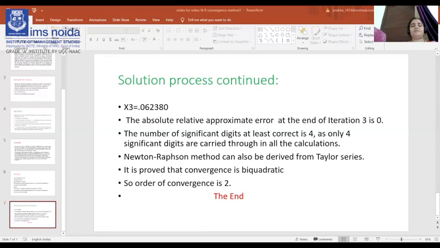The fourth drawback is root jumping. In some cases where the function is oscillating and has a number of roots, one may choose the initial guess close to one root. However, the guess may jump and converge to some other root, like f(x) equals sin x. With x0 you have assumed, it will converge to x equal to 0 instead of x equal to 2 pi. So the value f(x) you are getting is 0, but the x values are different.